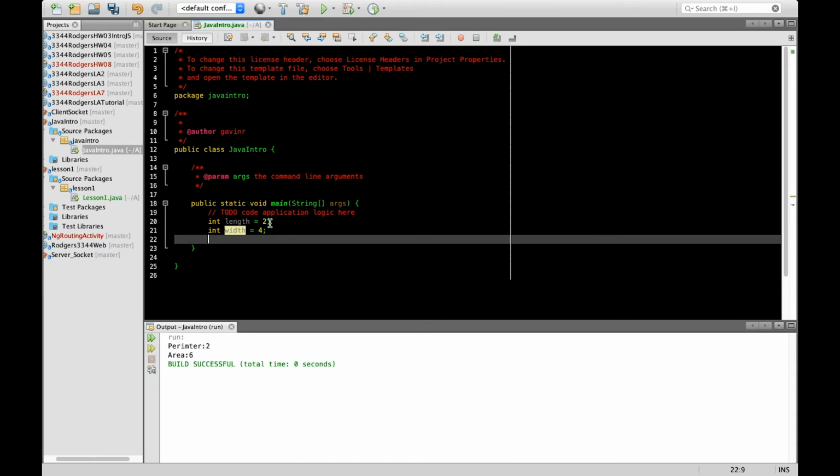Now, very simply, we're going to go in and just calculate the perimeter and the area in 2 separate statements. But because we need something to store that end variable, we have to create another integer. So that is going to be int perimeter, and we're going to say that is equal to, just like any other math equation, like y is equal to mx plus b in a very simple linear line. So we're going to say perimeter is equal to length, and this asterisk is the representation of multiplication, length times width. Or sorry, it's going to be length